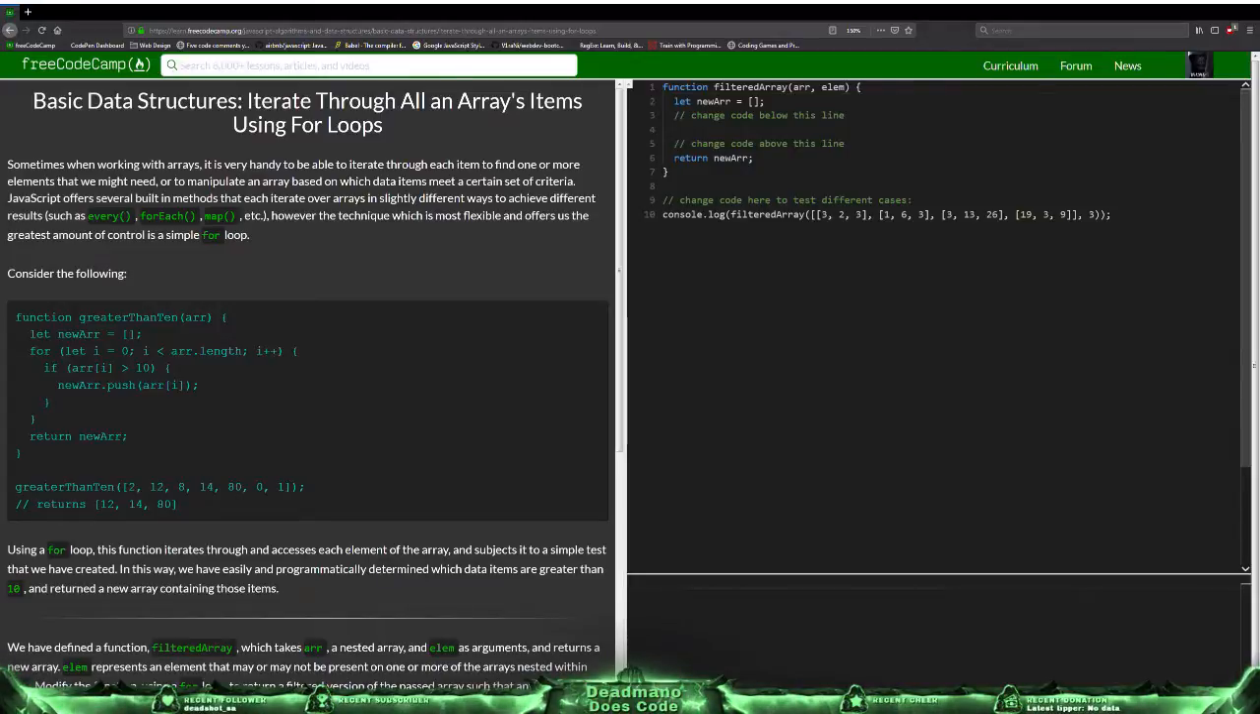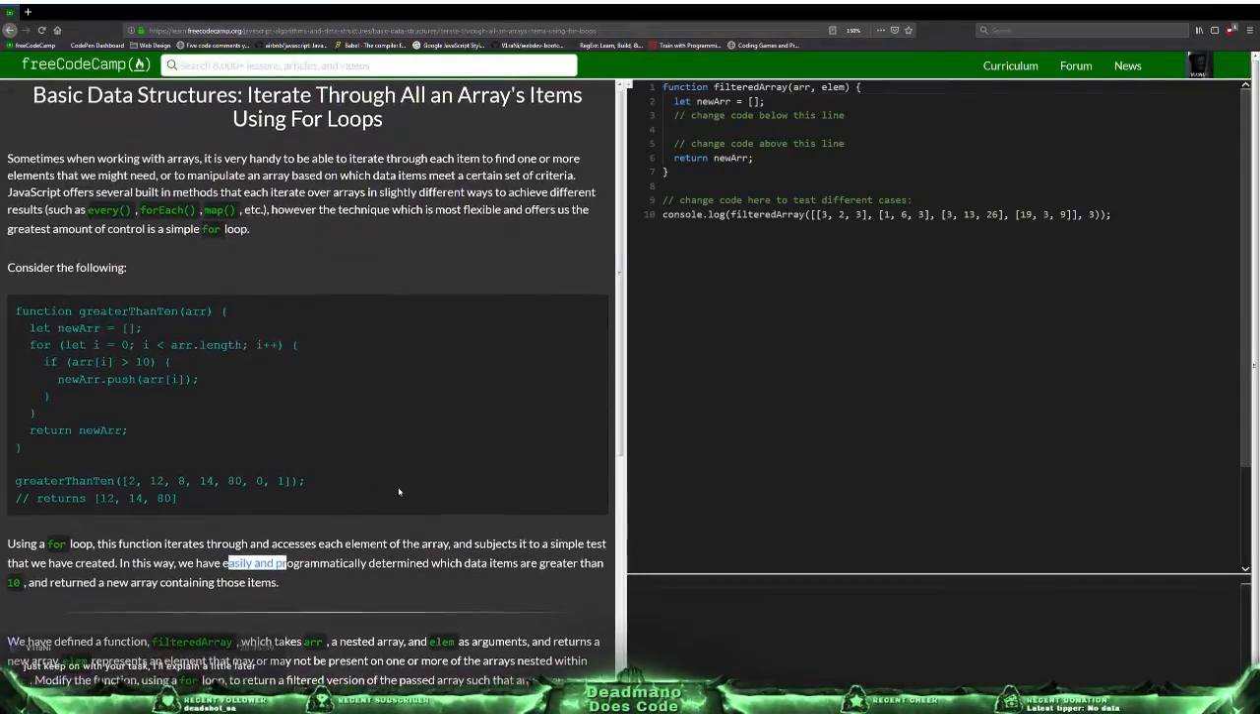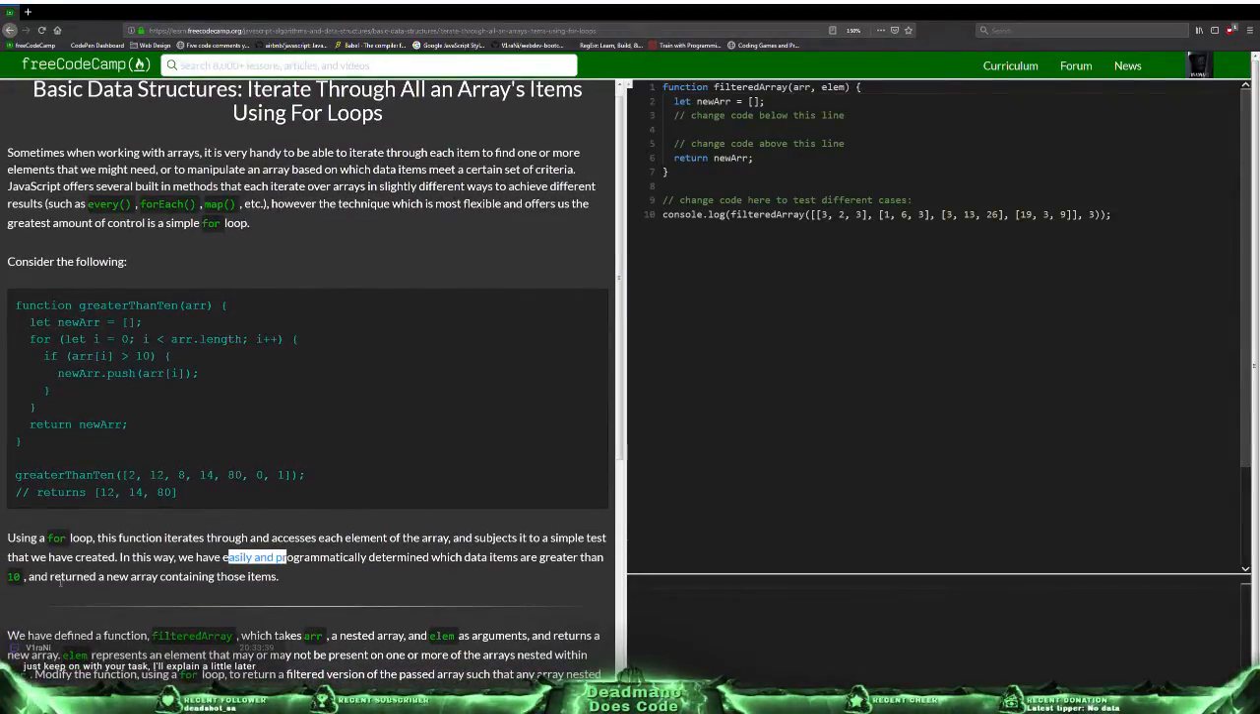So using a for loop, this function iterates through and accesses each element of the array and subjects it to a simple test that we have created. In this way, we have easily and programmatically determined which data items are greater than 10 and return a new array containing those items. So greater than 10, let new array be a blank array, let i equal 0, i less than array.length, i++, if array[i] greater than 10,